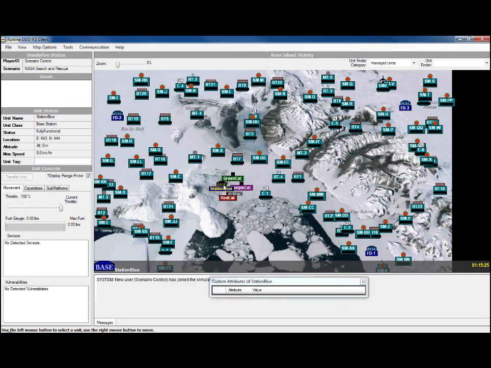So if we click Station Blue here, we can see that there's a unit name, a unit class. We have a status, which is just the state of the current object that is highlighted. We have the location, the altitude. In these scenarios, there is no altitude. Everything is on the ground. There's nothing flying, so it's all 0. And then we have a max speed. Here you see that it's 0 kilometers per hour. If you actually click something that's mobile, like a snowcat here, you can see that it's 100 kilometers per hour. I actually sped this up for the demo, so it's quite a bit slower in the actual scenario